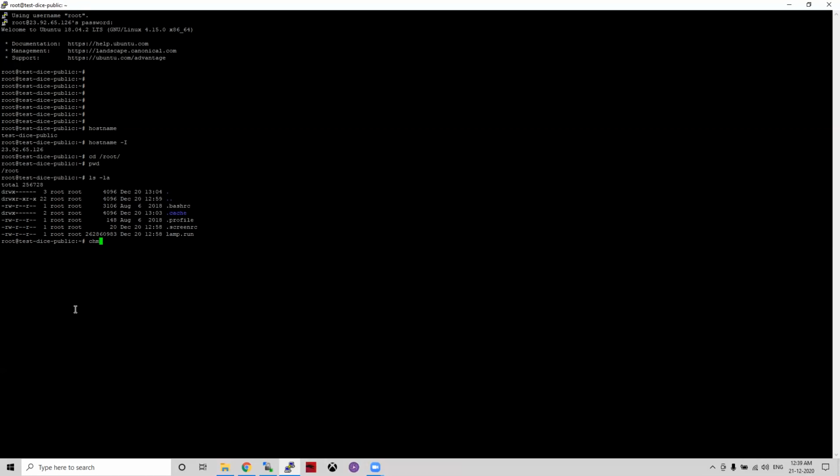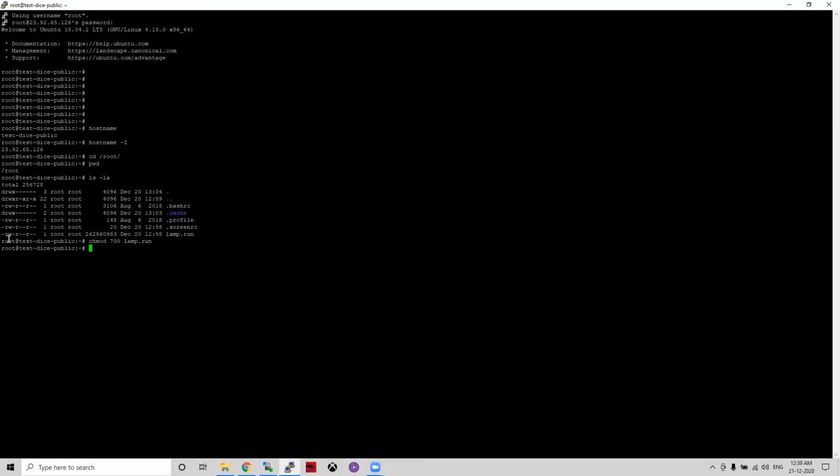Okay. So how to change it? chmod 700 lamp.run. If you do that, then the permission will be changed. Basically I want the owner, which is root here, to have the execution permission.